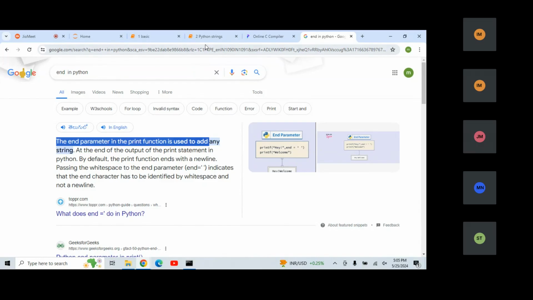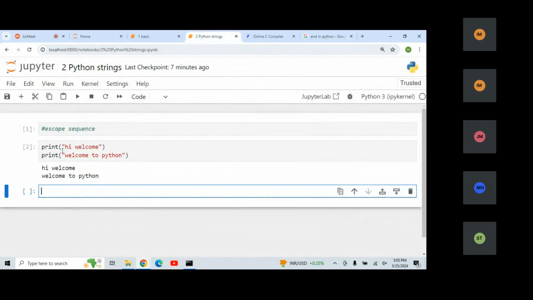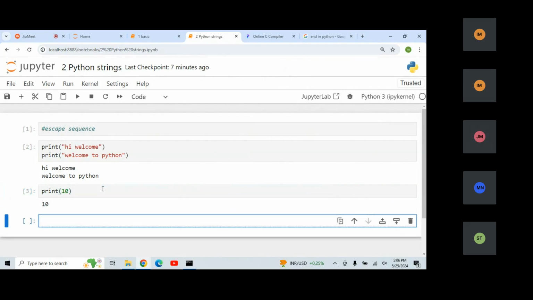So here what it is saying is that whenever you're writing this particular print function, by default there is one end command added here. Now the question is, what is this end command here? Normally, if I write something like print 10, or print 10, 20,